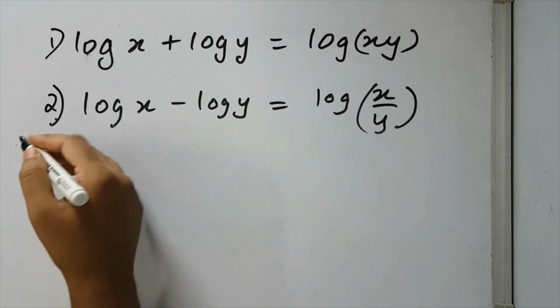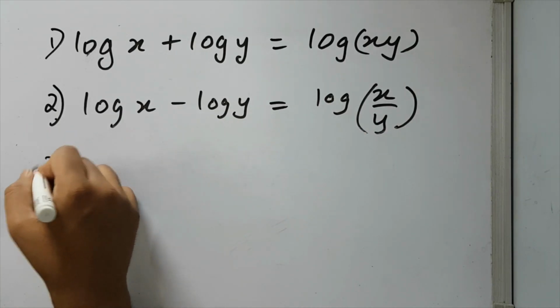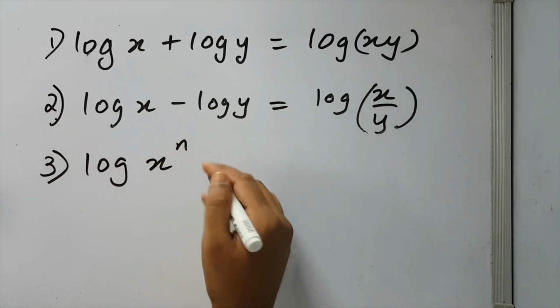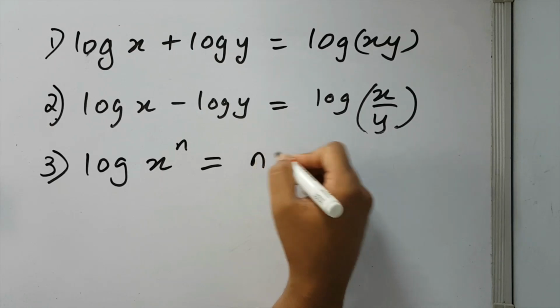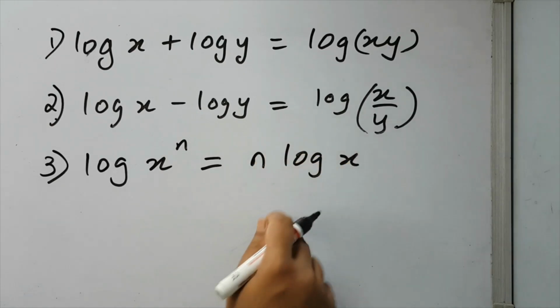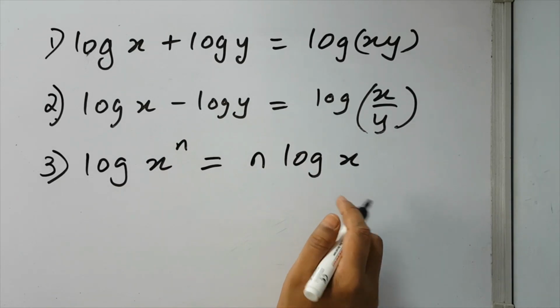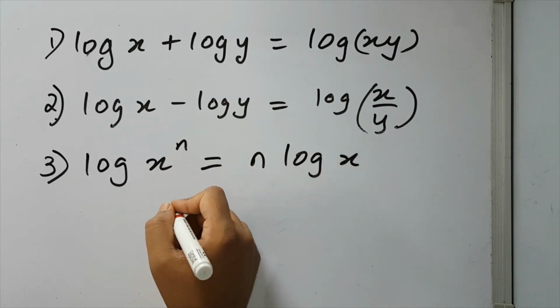The third important point is log of x raised to n is a number, would be equal to n log of x. Okay, this power comes out, ये आगे के कोएफिशिएंट बन जाता है. ठीक है. One good example is